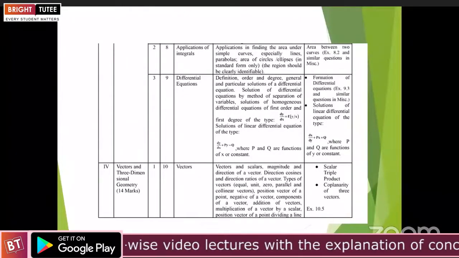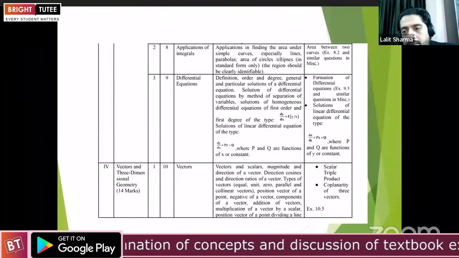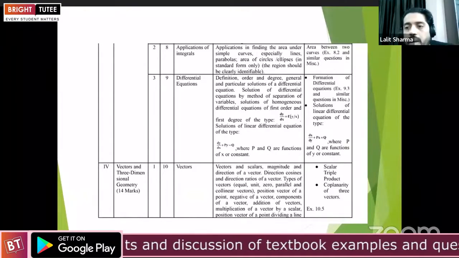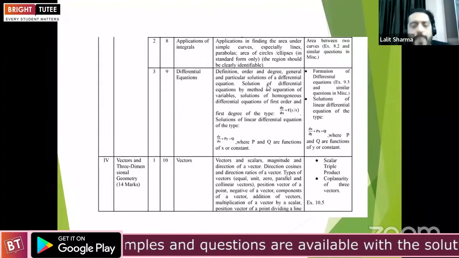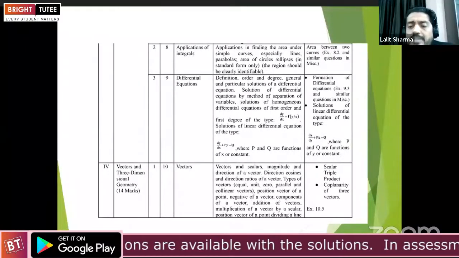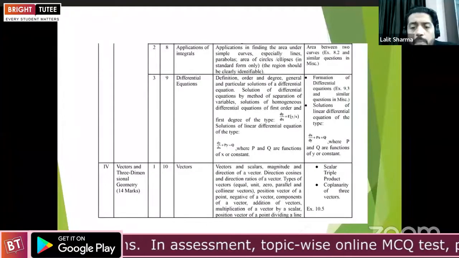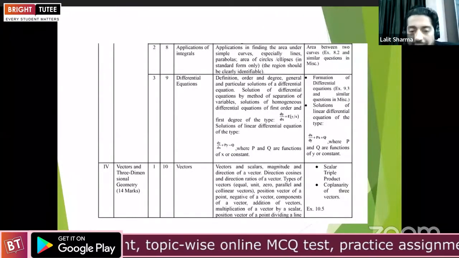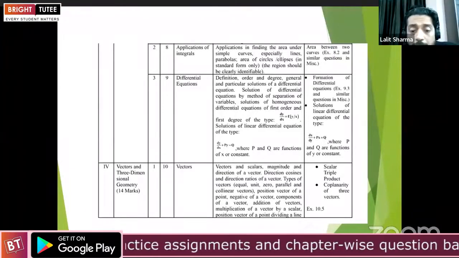Okay. Now comes to vector and three-dimensional geometry. Now, as far as vectors are concerned, the three major parts of vector algebra which we need to cover. The very first portion is the basic definition of vectors and the position vector when origin is the initial point, or when we take any arbitrary point AB, then how to find the vector, and the different types of vector such as